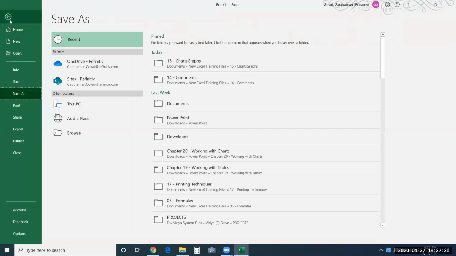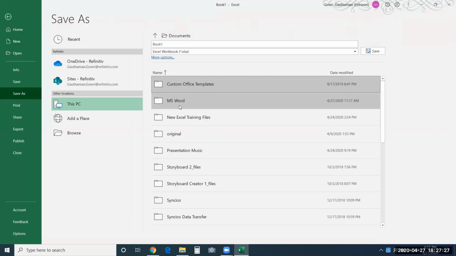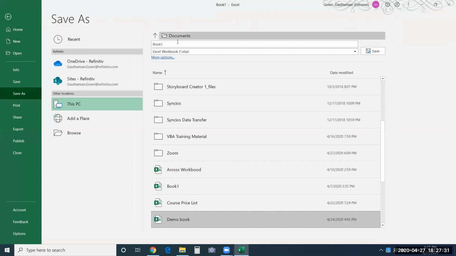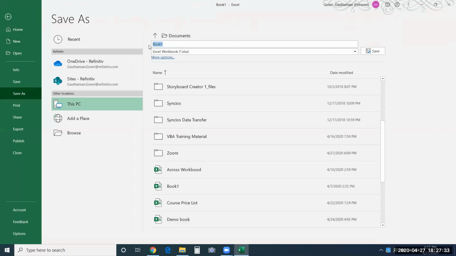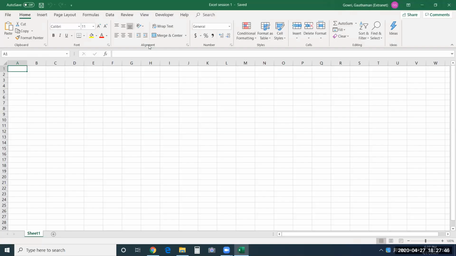Now let me save this in documents. I'll say demo. Over here, change this to Excel session 1. This is the name I give. As soon as I named it, you get to see the name of the book over here, and it says it is saved already.